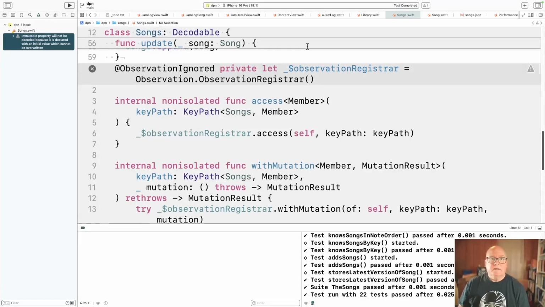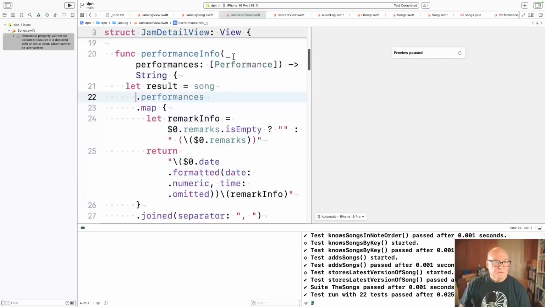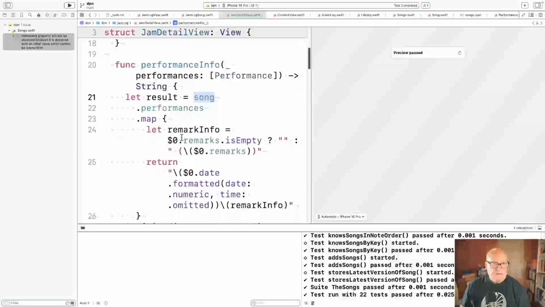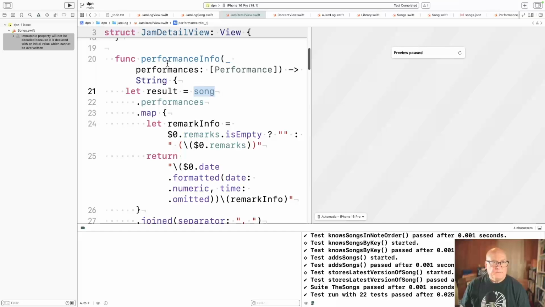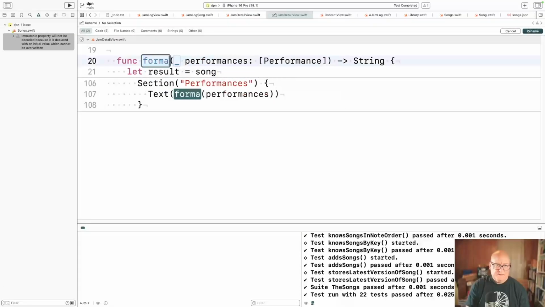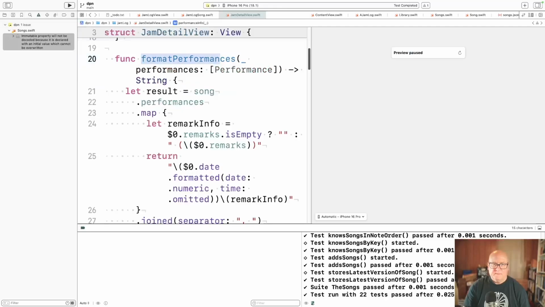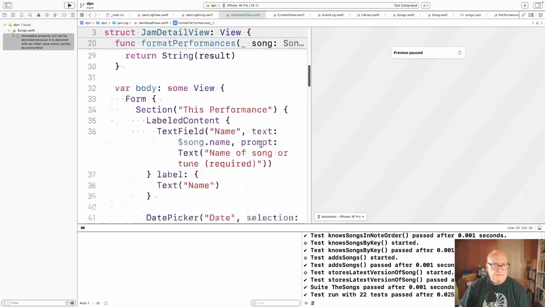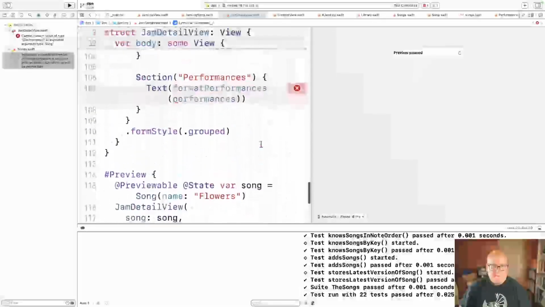All right. Let's go back to Jam Detail View. Now, performances is not being used here. Let's call this format performance. And I think we're going to say we're passing in a song of type song. And down here,